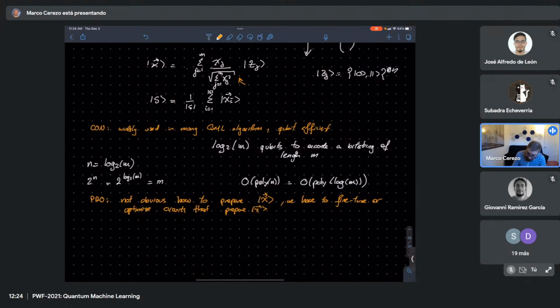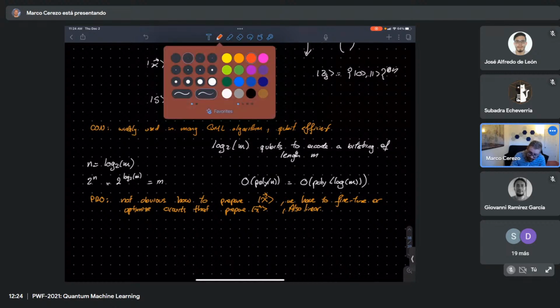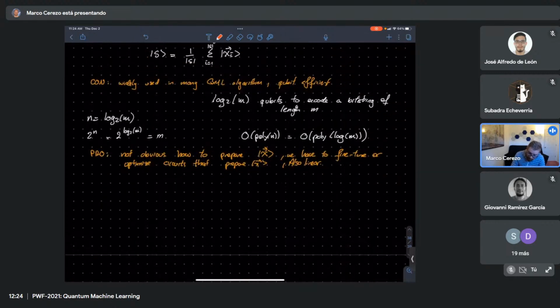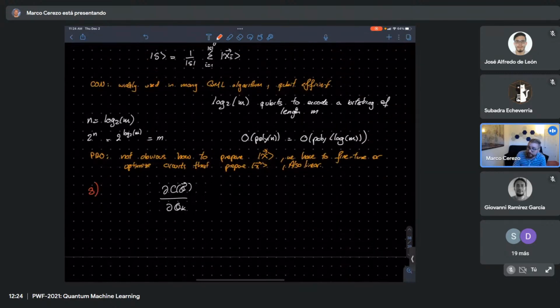Right? And of course, in many cases, this is also linear, or it can be linear if you're not careful about it. So, we don't want to do this. This is mainly thought for quantum machine learning in the fault-tolerant era. The next one that we're going to be discussing is the one that people most widely use in near-term quantum computing, which is,